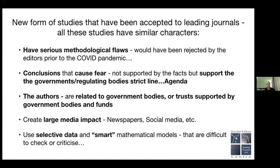So this new form of study has been accepted to leading journals, and all these studies have similar characters. They have serious methodological flaws, and they would have been rejected by editors prior to the COVID pandemic, but during COVID, everything was accepted. Their conclusions cause fear and are not supported by the facts, but they support certain agenda or